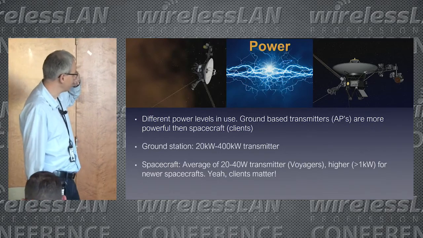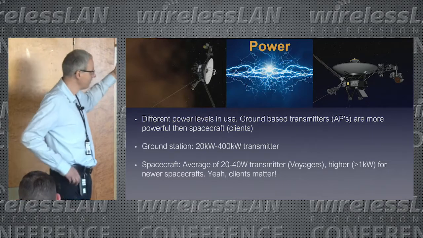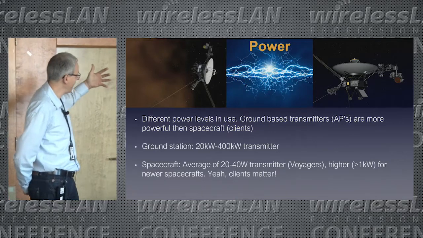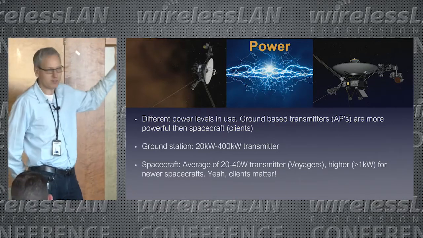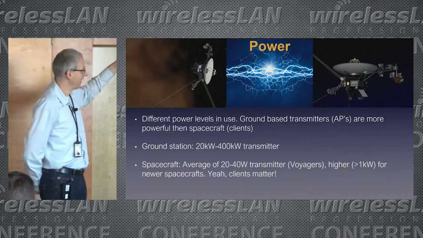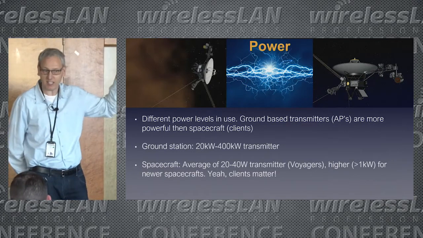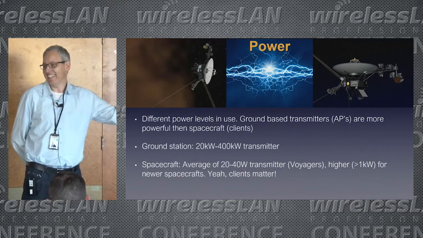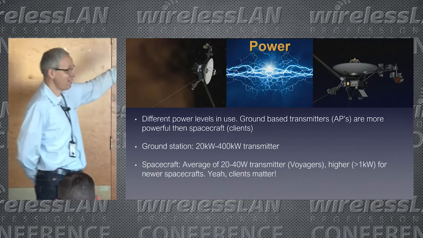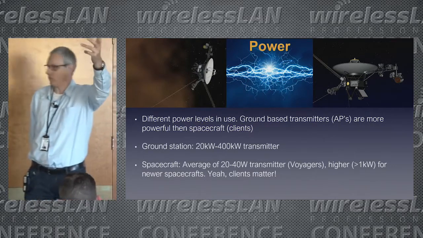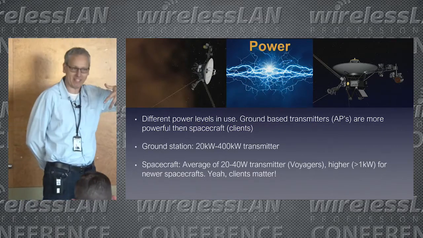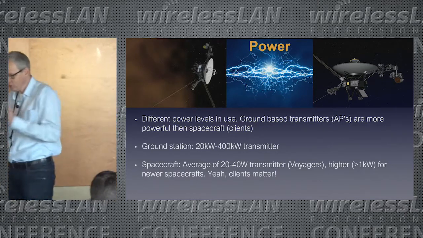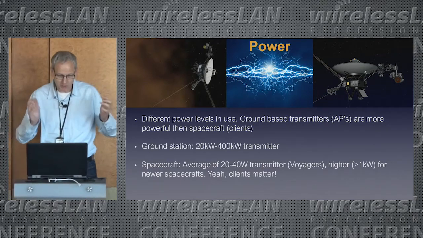And we use different power levels. If I make a comparison to Wi-Fi, I use ground-based station transmitters, which could be my APs, right? And I have clients, which are my deep spacecraft. Same difference. The only difference is I can cover the entire solar system with 3 APs. They're just slightly bigger. But I have APs and I have clients. I transmit up, I get no confirmation, and I transmit back down from my clients. So yeah, I've got power differences and all that stuff. Really cool. So that's about the same comparison.